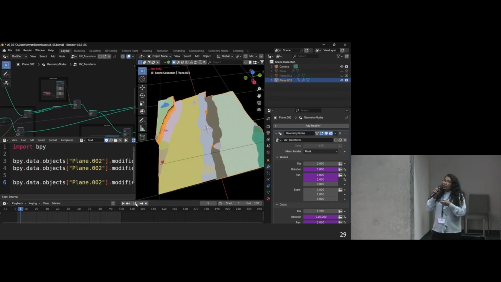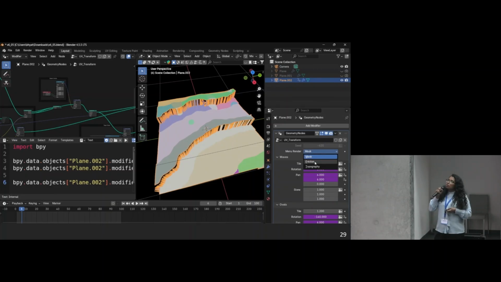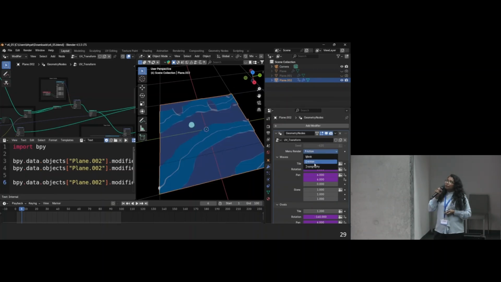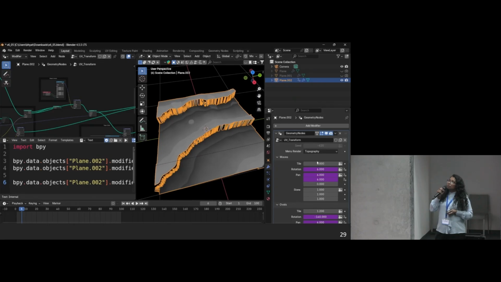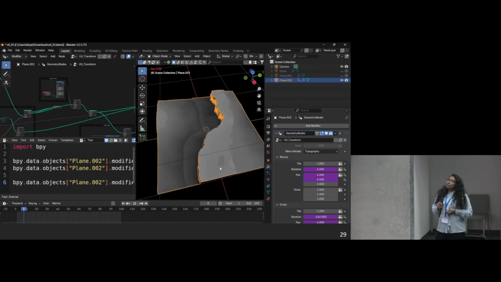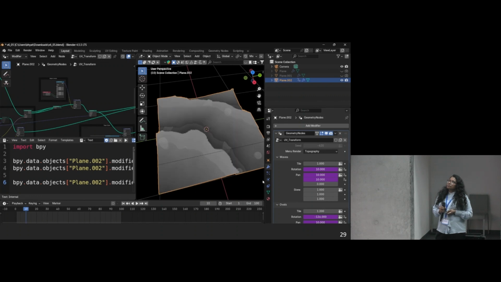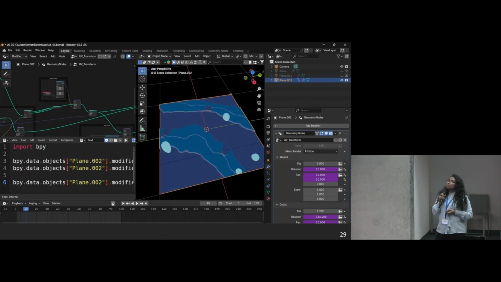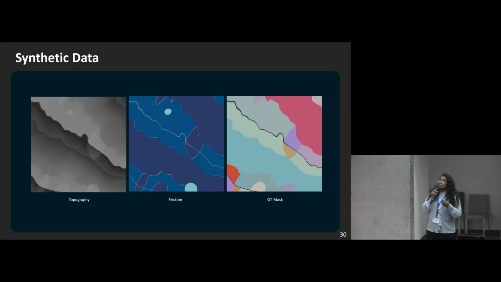The vector node is animated, so you get different types of images with animation. So basically, this is how you can create your own synthetic data. I'm using synthetic data: topography, friction, and ground truth mask.